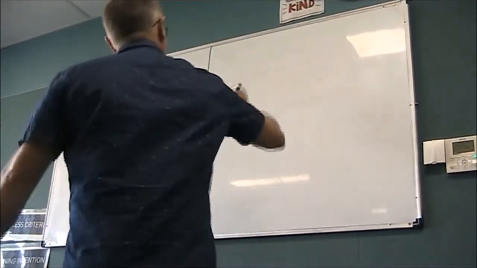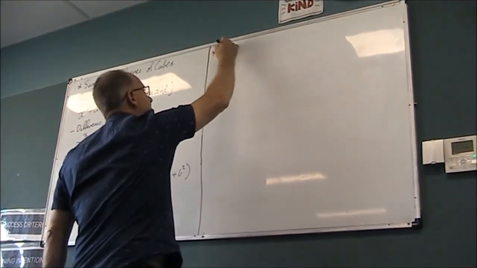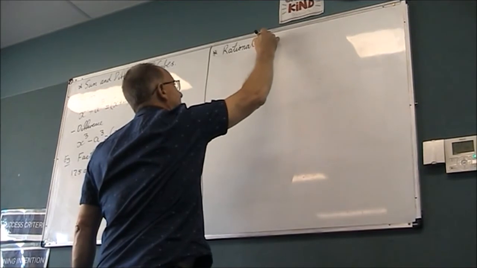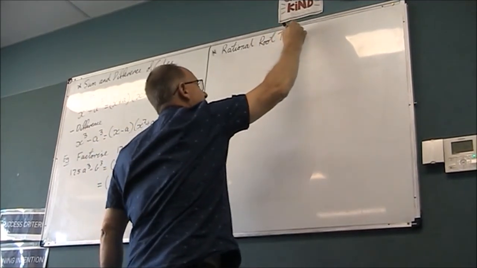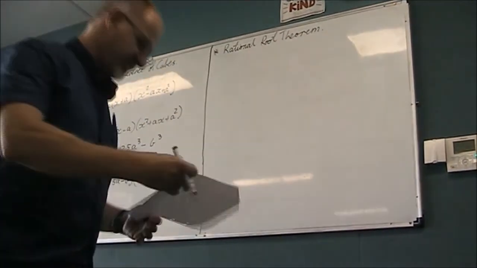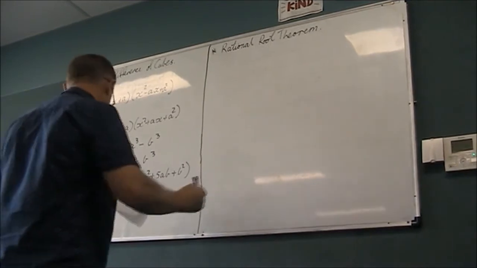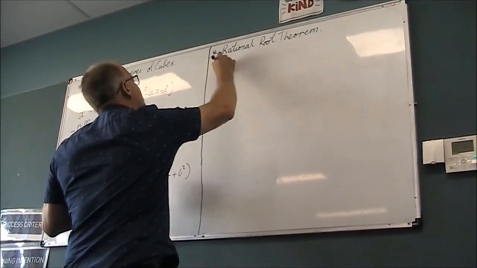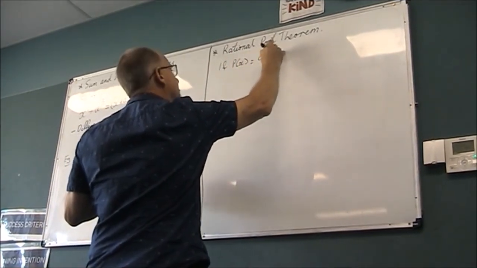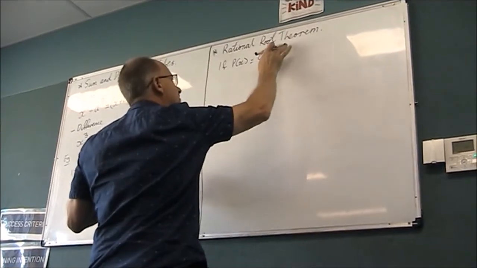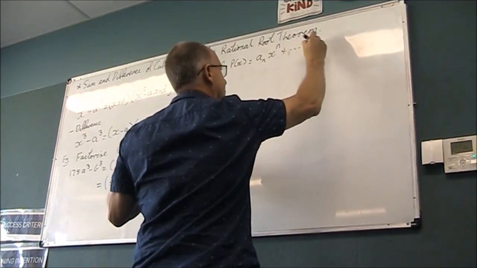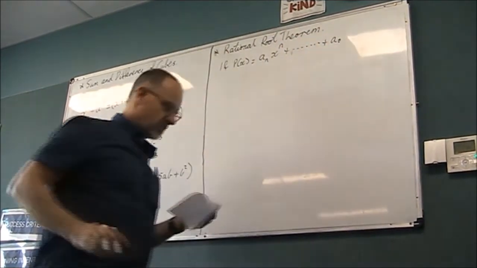Alright. This next thing is a thing called the rational root theorem. Alright, what does it say? This is what it says. So it says if p(x) is some polynomial, power n, and some constant down the bottom there,